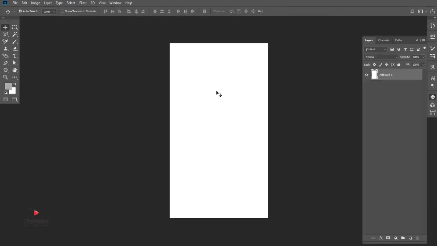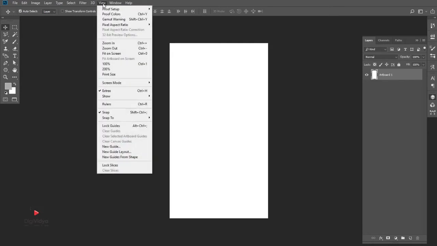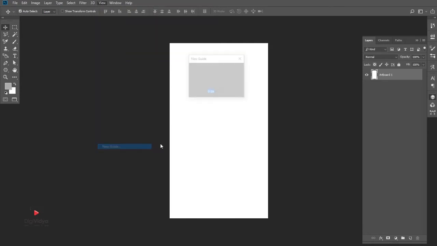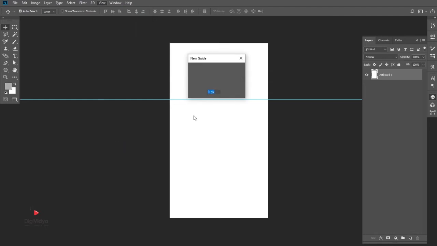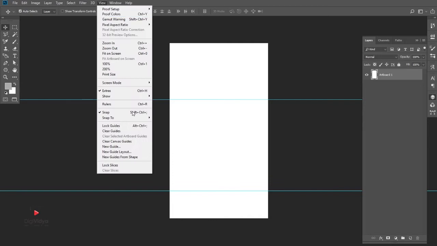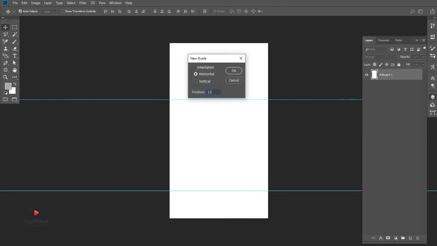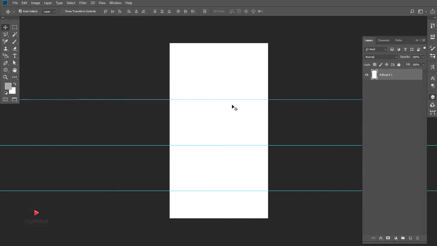After creating my canvas, then what I did, I just go to view and I make some guideline. I need horizontal 620, I need horizontal 1620, and I need a horizontal guide 1120. So basically this one and this one is same, and this is 300 pixel and this is 620,